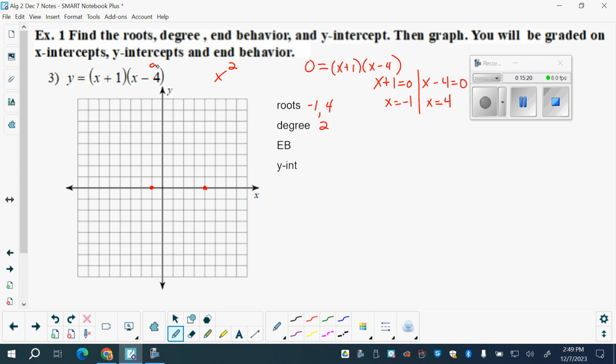So my A is 1. So it's A is positive. Degree is even. So what's the end behavior? Look at the even. So even A is positive. Is left up, right up. Hopefully your table's labeled correctly. Questions on that? Okay, so